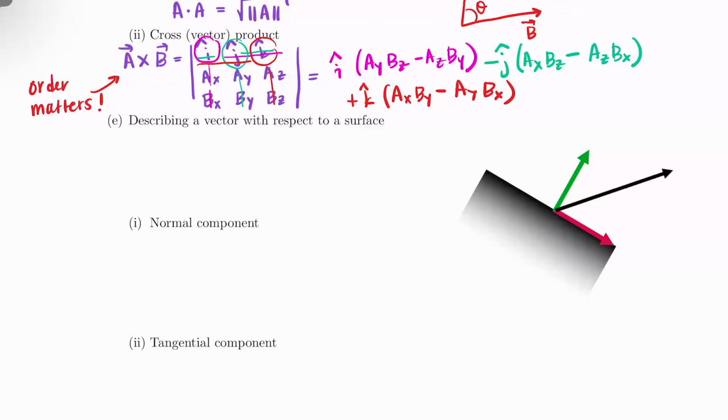And so essentially what we want to do is we want to be able to write any general vector in terms of a normal component and a tangential component relative to some position in space, whether that's a physical boundary or not, okay? And so how we're going to do that notation-wise is we are going to take any vector. Typically, it's the velocity vector, so I'm just going to use velocity in this case. And we're going to define it as a normal component, which is obviously in the normal direction, plus a tangential component in the tangential direction. All right, so if this is our vector v,